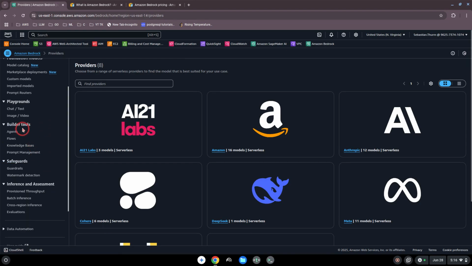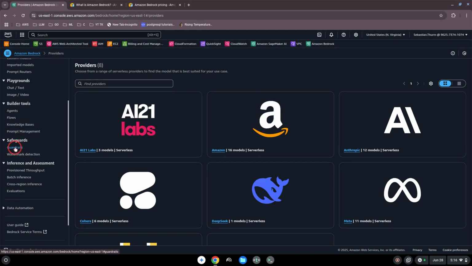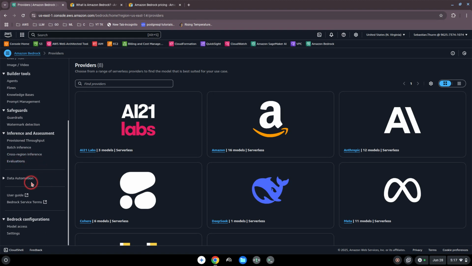Then it comes down here to the builder tools like agents, we can build flows, we can build up knowledge bases, RAGs to improve the knowledge of our model. We can implement, like we spoke about already, safeguards with guardrails and watermark detection. For inference and assessment, we can use then provisioned throughput or batch inference, cross-region inference and evaluation. And then we have also